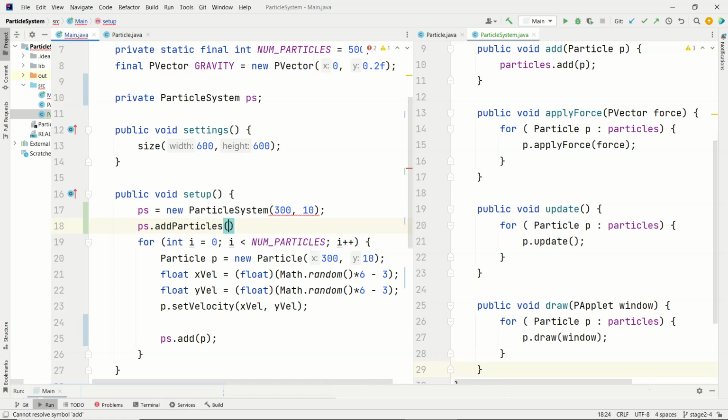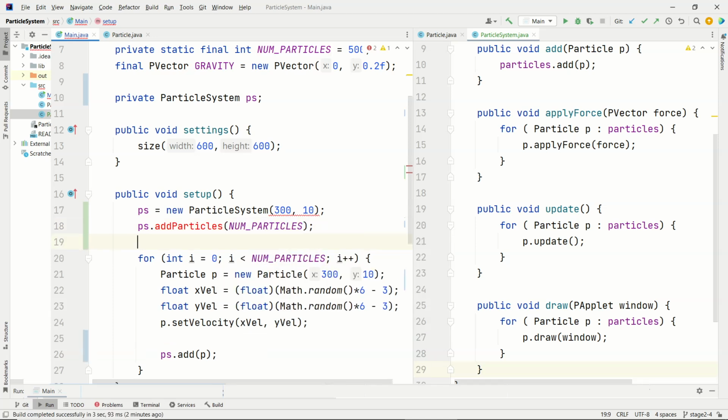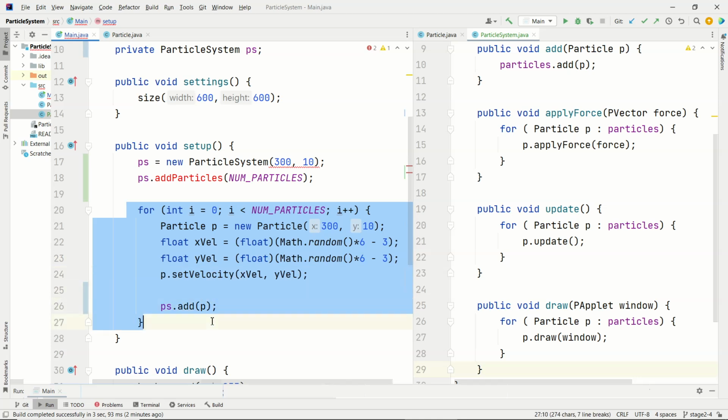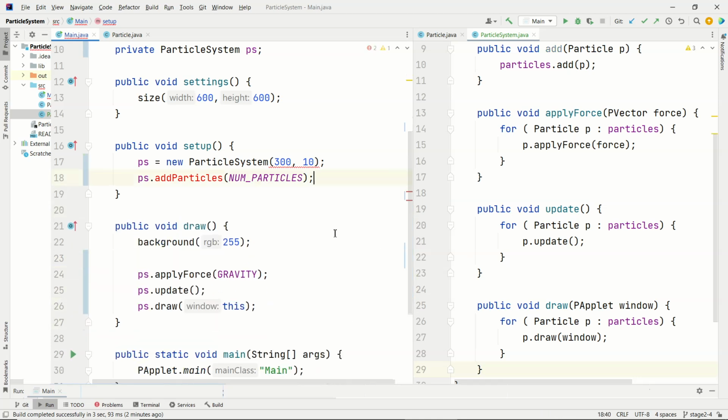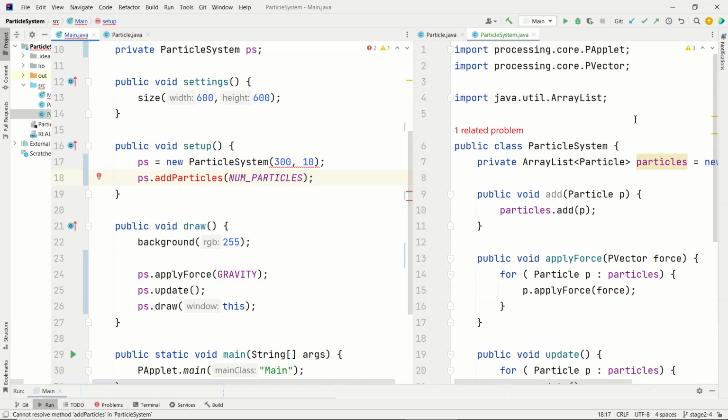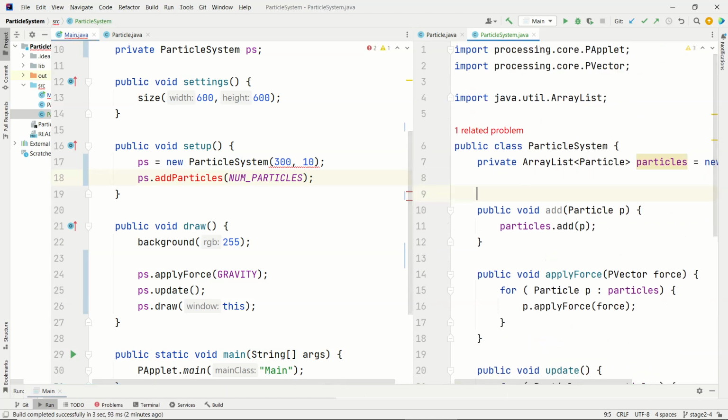I'm trying to decide what to name this. So let's say add particles, and then we'll say num particles. So let's say we want those two things to do all of this. Maybe we should name it random? Yeah, let's name it random. No, let's keep it this way. Okay, so let's change the constructor. Let's add this method. So in the constructor, which we haven't actually written yet,